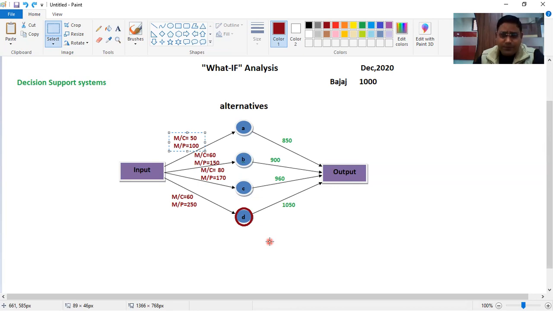It will be a time consuming process, and the chances of error are high if we do it manually, because these are big calculations. So to do this, we take help of decision support system. It assists the decision makers, and it works on the concept of